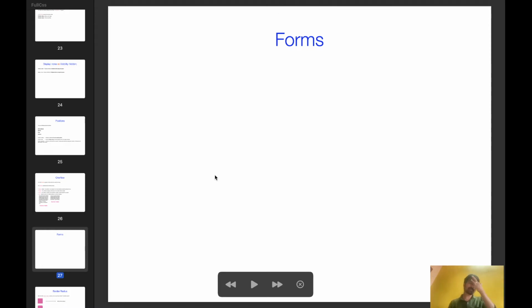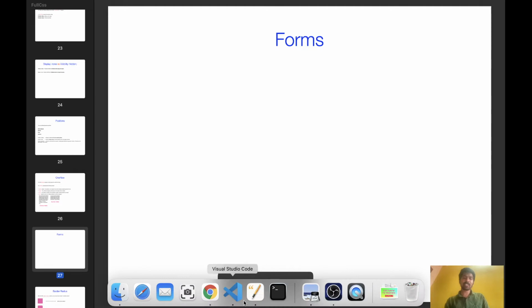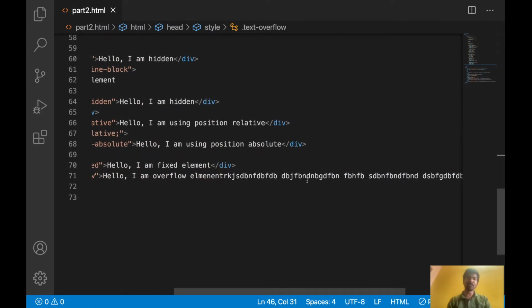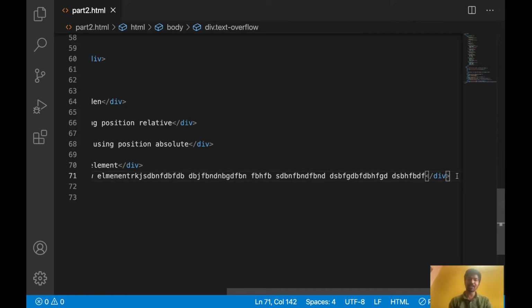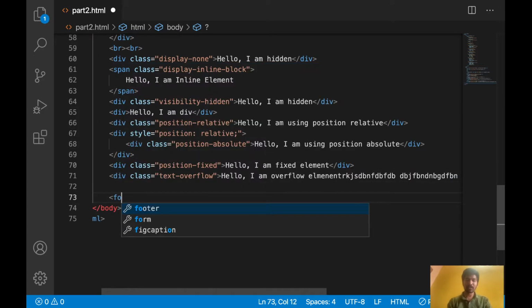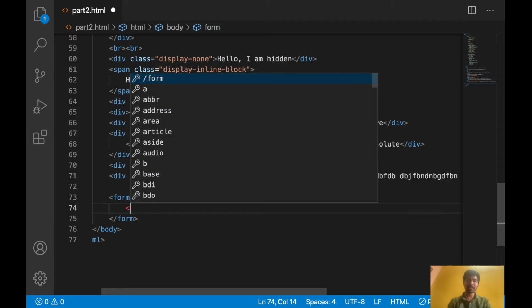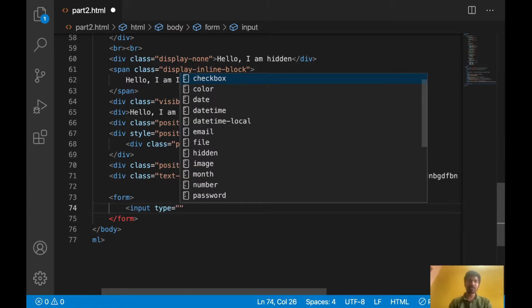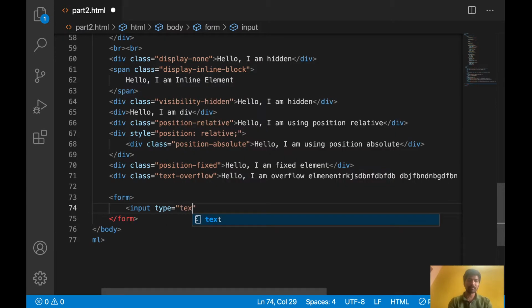Next, forms. Forms means normal forms, we can write them and do some styling. Let's write a sample form and I will show you how to style it. Let's use a form element. Inside that, let's use an input type equal to text.